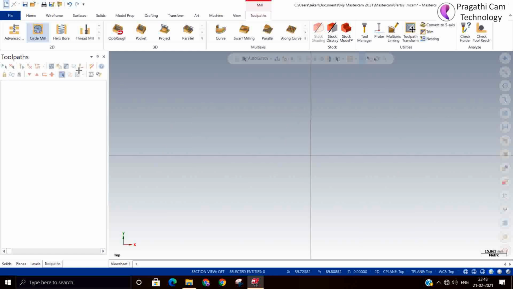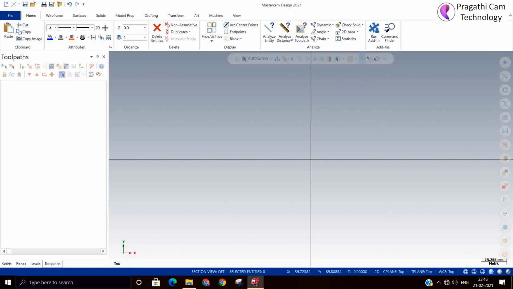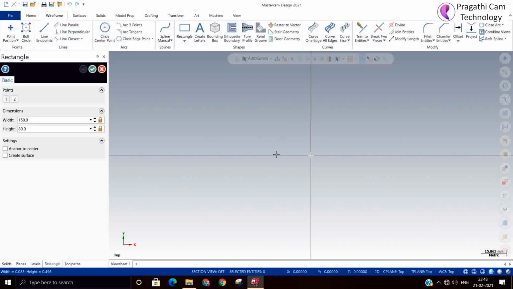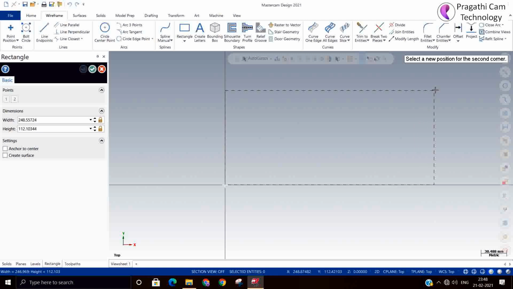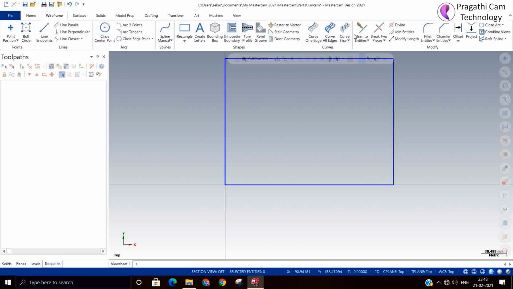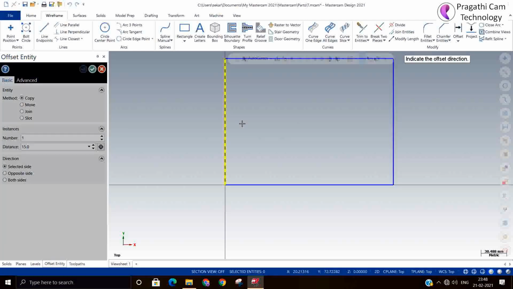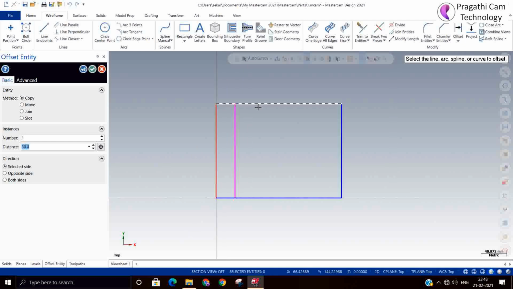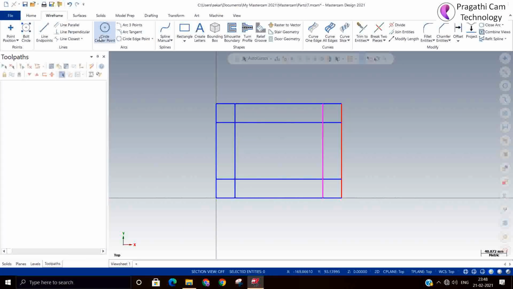So next we are going to see the helical boring. One small wireframe I will make. Suppose, for example, you want to make some guide pillar here.